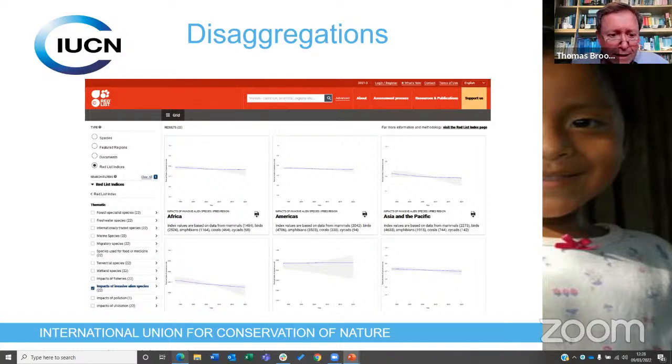These are also served through the Red List website, and they include disaggregations by threats. So an example here is disaggregation of the Red List Index driven by increasing or decreasing threats from invasive alien species, obviously highly relevant to the invasive species target of the GBF. Disaggregation by biomes is particularly relevant to some of the sister biodiversity related conventions, such as the Ramsar Convention on Wetlands, and ecological characteristics like migratory status are obviously highly relevant, for example, for use in the Convention on Migratory Species.